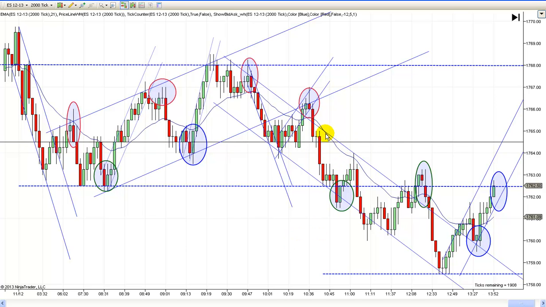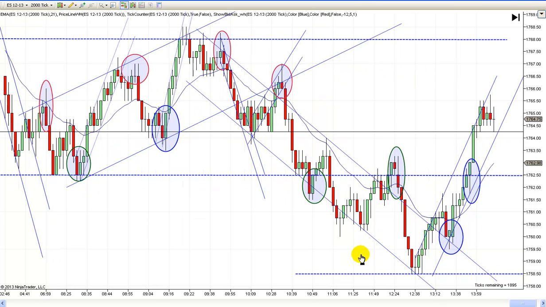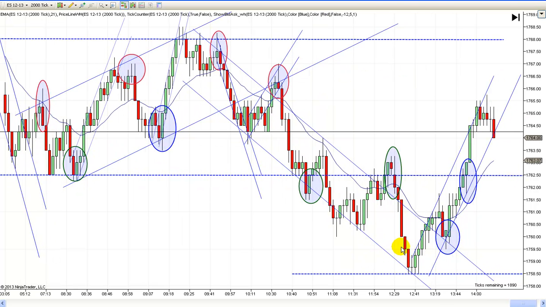But you could look at this a couple of different ways. If you were looking at this as the range, you could look at there being a break right here, and then you got to move to a new low. So then you got to be real careful about going short. It was tempting to go short right here, but it's not the best setup.